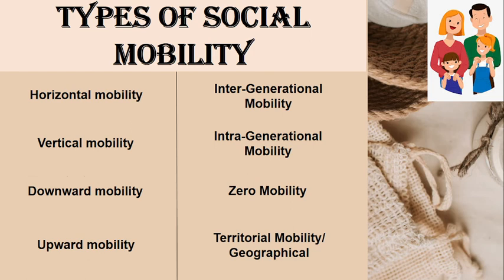Ascending involves an individual moving from a group in the lower stratum to a higher one, or the creation of a similar group with a higher social position instead of side by side with the existing group. Descending mobility occurs, for example, when a businessman incurs losses in his business and is forced to declare bankruptcy, resulting in a move to a lower stratum of society. Now, the other one is downward mobility.